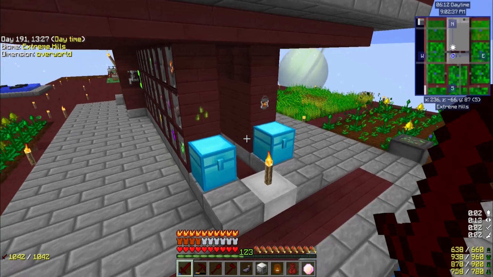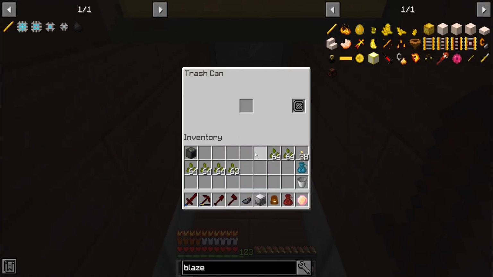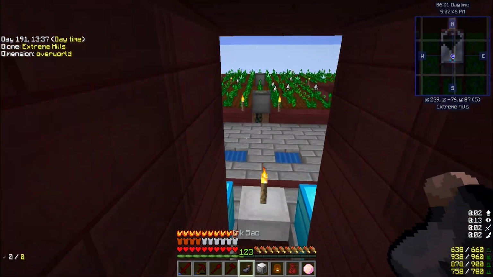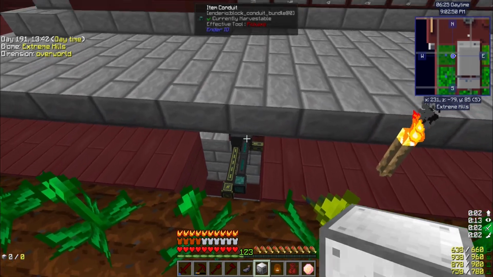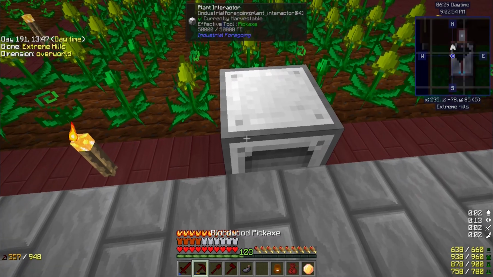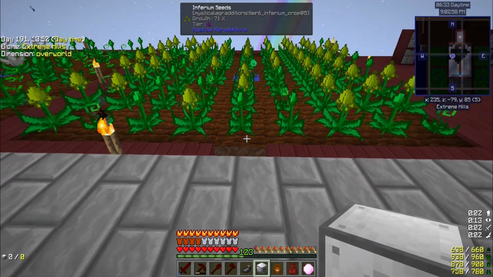Anyway, I came over here to throw the seeds away, actually, because there's so many of them. I don't need that many inferium seeds. But what I wanted to do... I'm stuck. Okay, there we go. What I want to do is actually just kind of... Oh. Okay, hold on. Nope, we can fix this. As long as we get the thing back, we can fix it. So I can actually place it this...